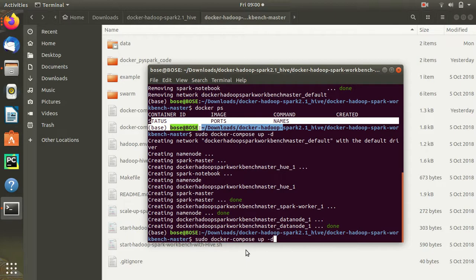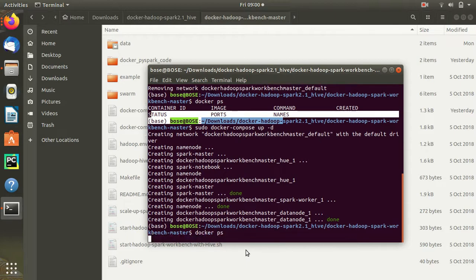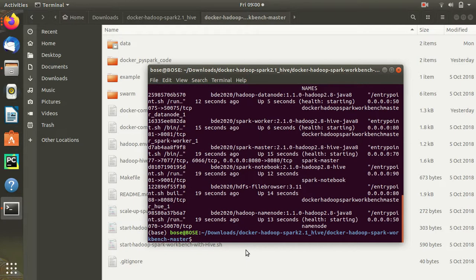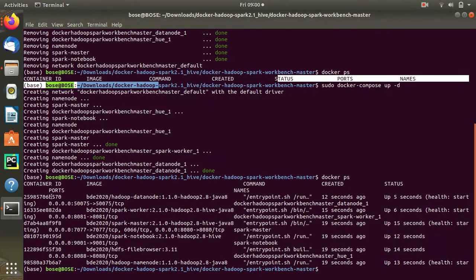Now I made them up, so I would be able to see all of them. How many can we see here? 1, 2, 3, 4, 5, 6 of them. So rather than starting 6 of them, we could see only 3 started and 3 didn't start.